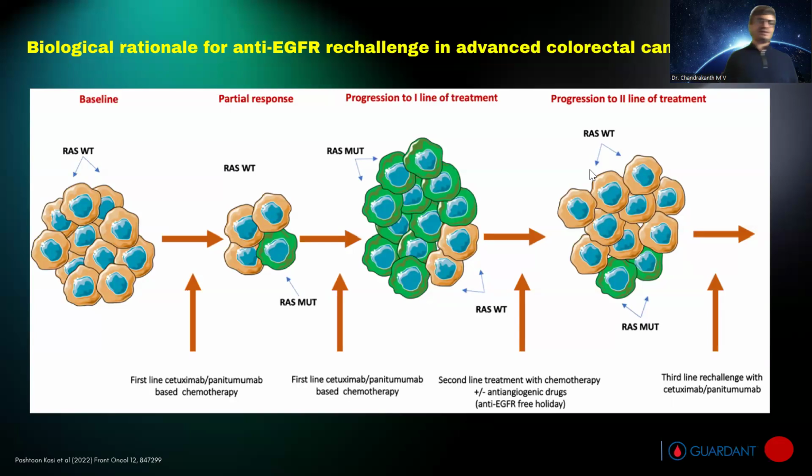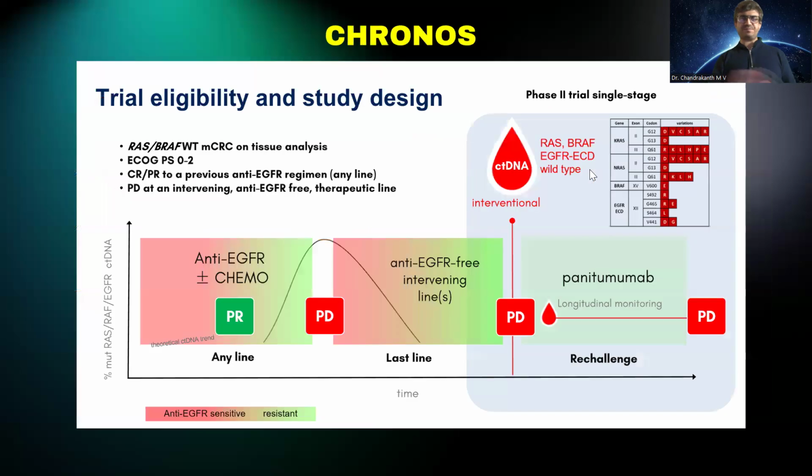This is the slide. Initial RAS wild type, we gave anti-EGFR, RAS mutant came up, and then we gave bevacizumab. Again, the RAS mutant went away. We again have RAS wild type. Again, you give re-challenge with anti-EGFR. So this is the CHRONOS study demonstrating the practicality of anti-EGFR re-challenge in the third line. Anti-EGFR chemo first line. You got RAS mutant clones. We give